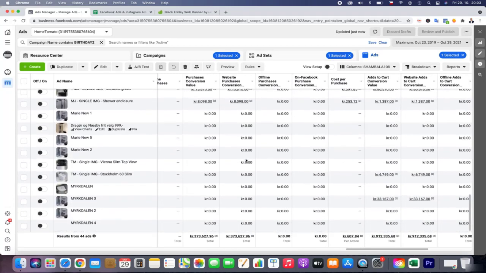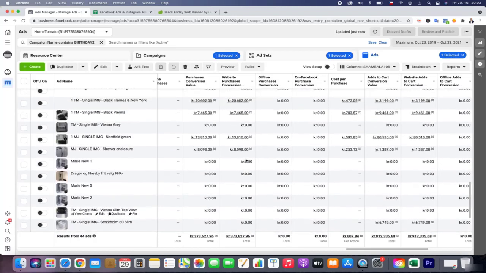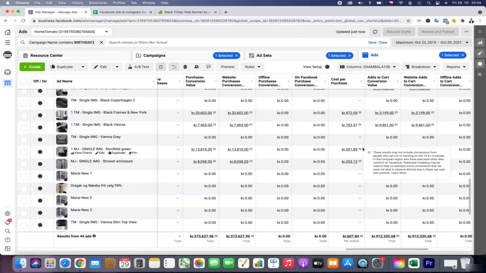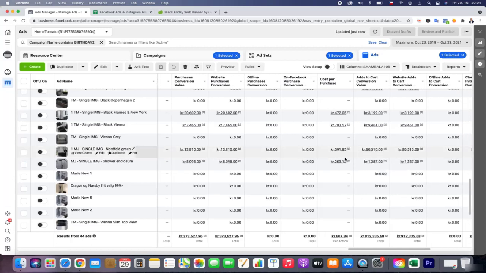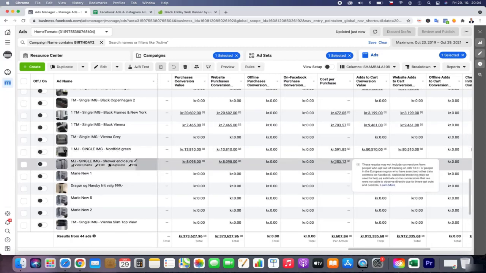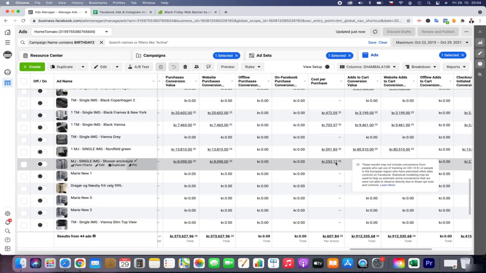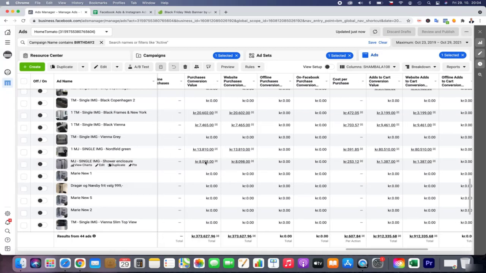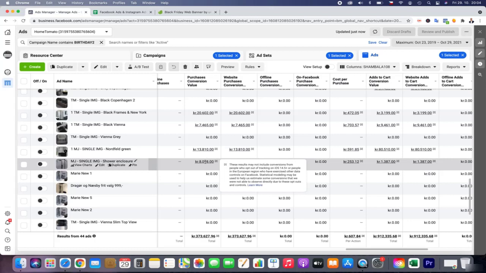What we can do now, the other issue is that sometimes when you pause the ad and then turn it on again after a few days, it can actually make you money. So you can see this one has quite a low price for cost per purchase, and the purchase conversion was quite okay.